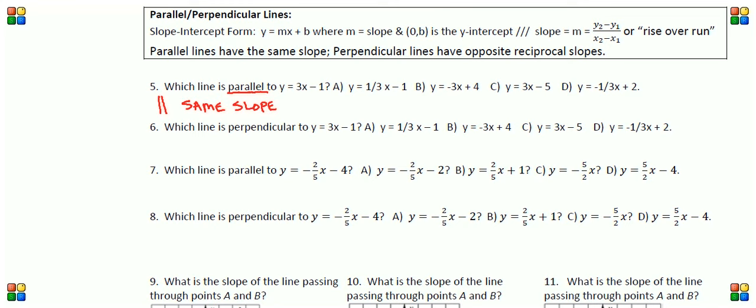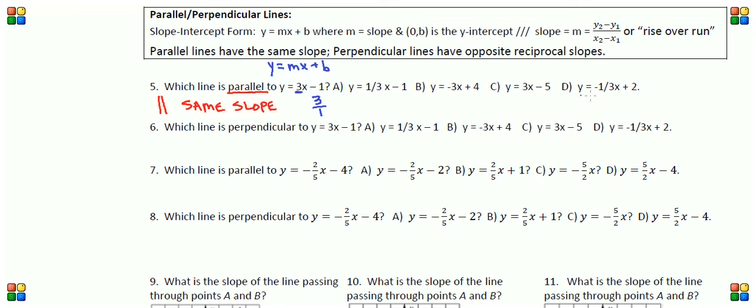The nice part about this question is they've already given you the equation in slope-intercept form. If you remember that, that is y equals mx plus b, where m is the slope and b is the y-intercept. So looking at this equation, our slope is actually 3. We can also write that as 3 over 1. Both of those would be the same answer. This negative 1, be careful, the negative 1 is our y-intercept, not our slope. So since the slope of our given equation is 3, or 3 over 1, all we have to do is